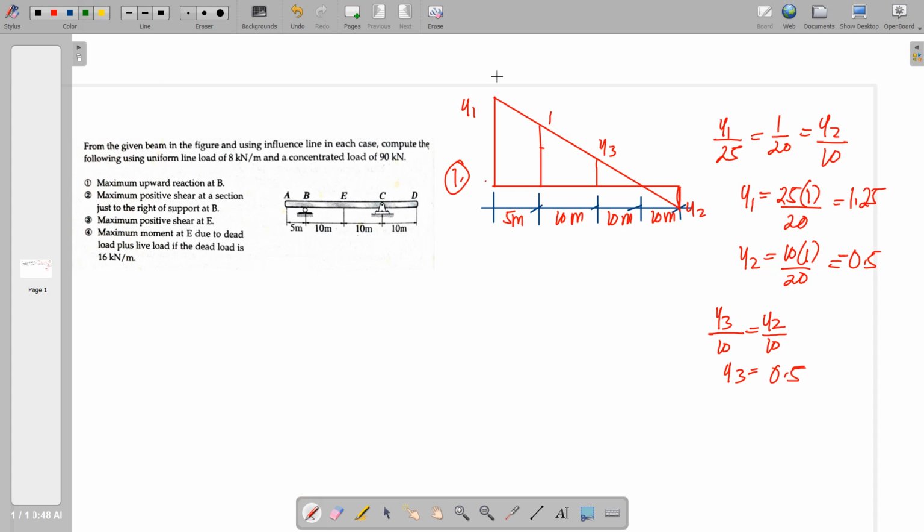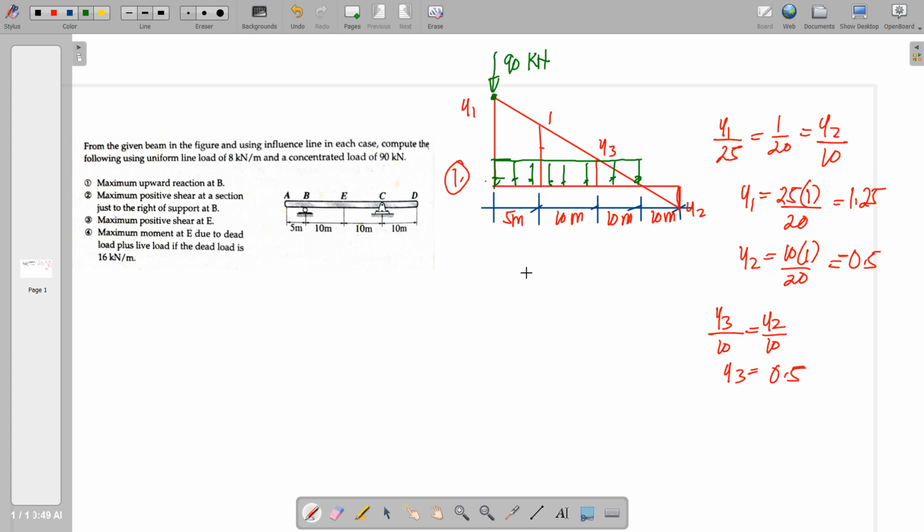So first, I'm going to have this 90 kilonewton be placed on this ordinate, the highest ordinate, which is positive, and place the distributed live load along the positive area,